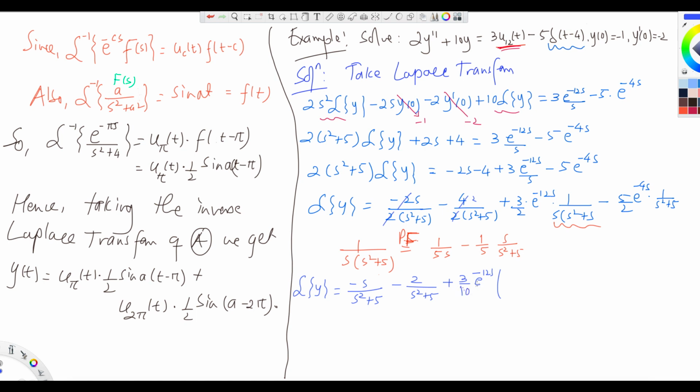3 over 10. And then 1 over s minus s over s squared plus 5. This is what you get. And then minus 5 over 2 e to the negative 4s times 1 over s squared plus 5. Now we take the inverse Laplace transform on both sides. Okay, so how do I do that? Take the inverse Laplace transform,